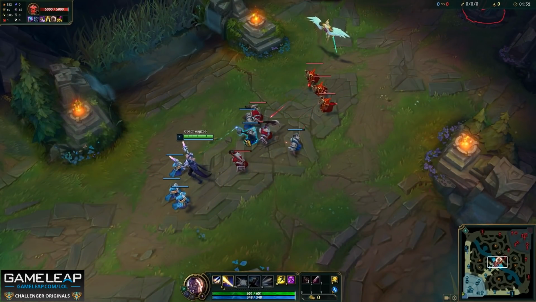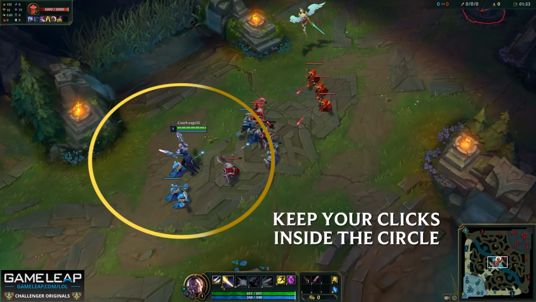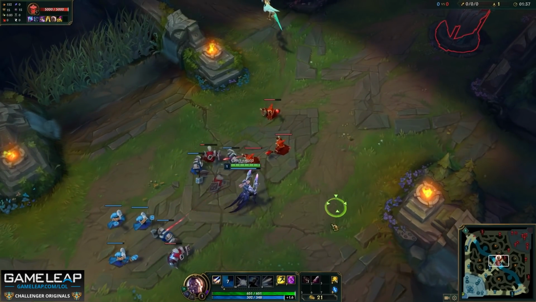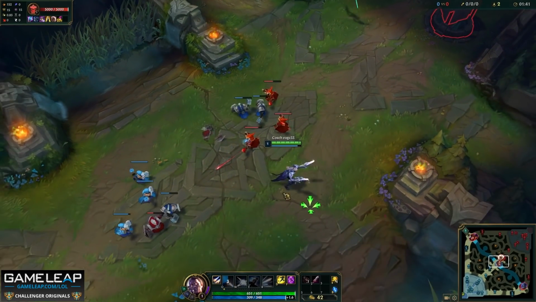So what I'm going to do on this screen right now, I'm going to draw a circle around Lucian, and what my aim is during this laning phase is for my mouse clicks, so my right clicks, to not leave this circle unless I'm looking to damage the enemy champion or if I'm looking to CS. These are the only times that my mouse is leaving this circle,